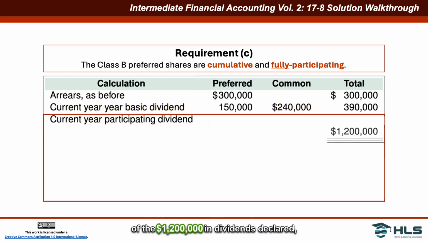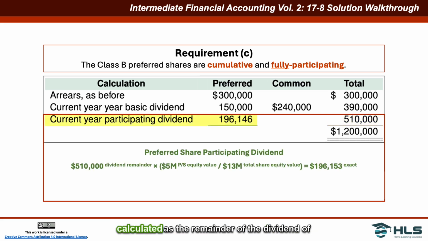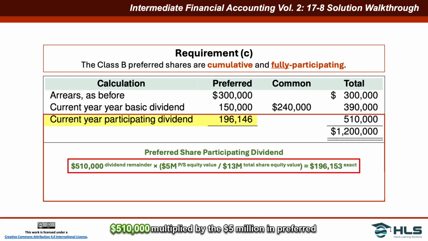So up to this point, of the $1,200,000 in dividends declared, $300,000 goes to cover the preferred shares in arrears, and $390,000 to the current year basic dividend at a rate of 3% for both the preferred and common shareholders. That leaves a remaining amount of $510,000 to distribute between the preferred and common shareholders based on their proportionate share equity values to the total. So the preferred share participating dividend is calculated as the remainder of the dividend of $510,000 multiplied by the $5 million in preferred share value divided by the total share value of common and preferred shareholders of $13 million combined. That's $5 million plus $8 million, or